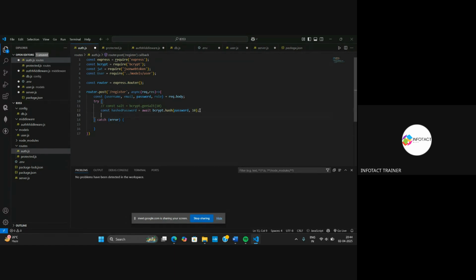And then what I will do, I will make another variable, user, is equal to, now the user will get saved in my MongoDB. For that, a new user is being created, right? So for that, we will write the new keyword, and then we will write User, which is taken from the models, right? Having values username, and then email,